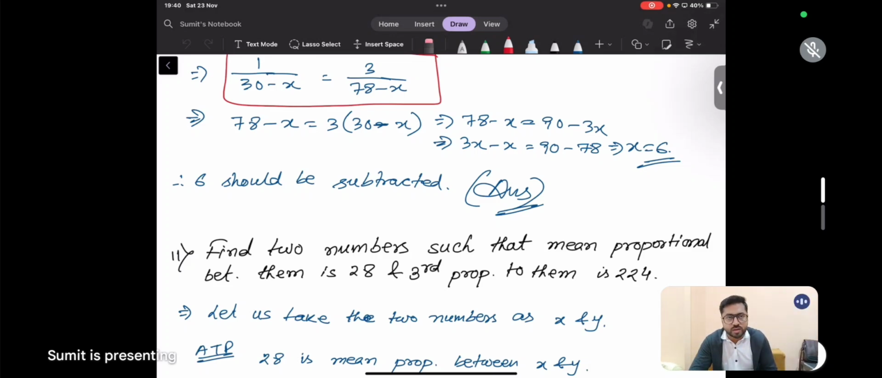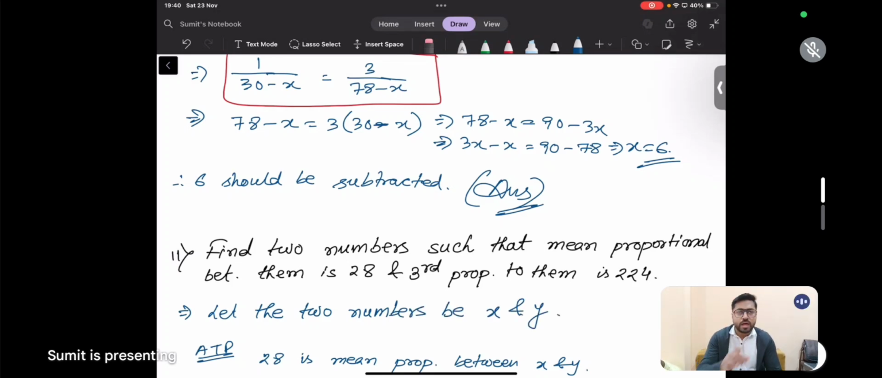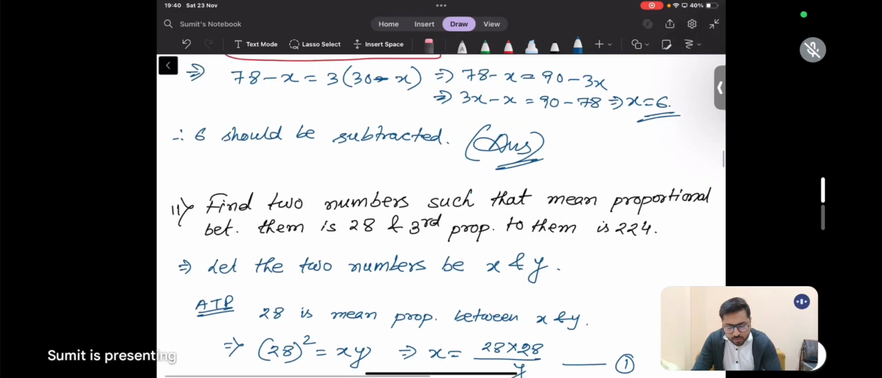Let us take the two numbers as x and y, ঠিক আছে, এটা একটু সুন্দর করে আমি লিখে দিই because the handwriting is not proper. So what will you write? Let the two numbers be x and y, ঠিক আছে। Now according to the first condition 28 is mean proportion between x and y, এটা আমাদের ফার্স্ট কন্ডিশন